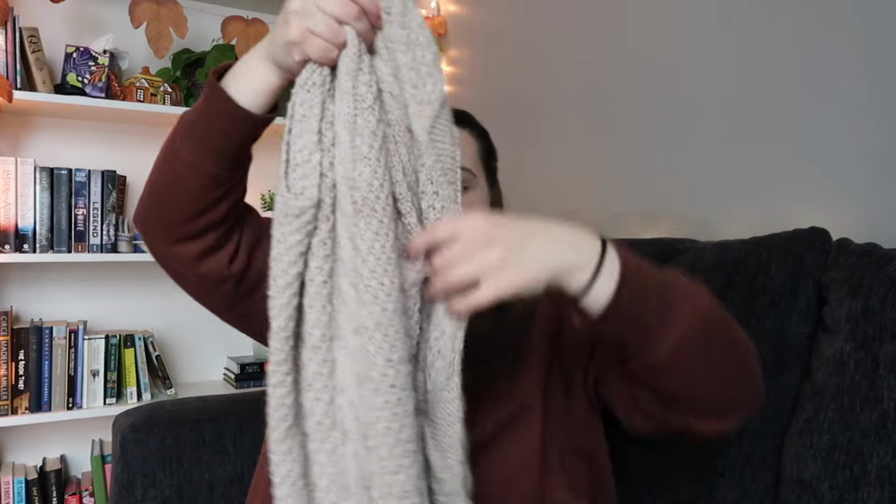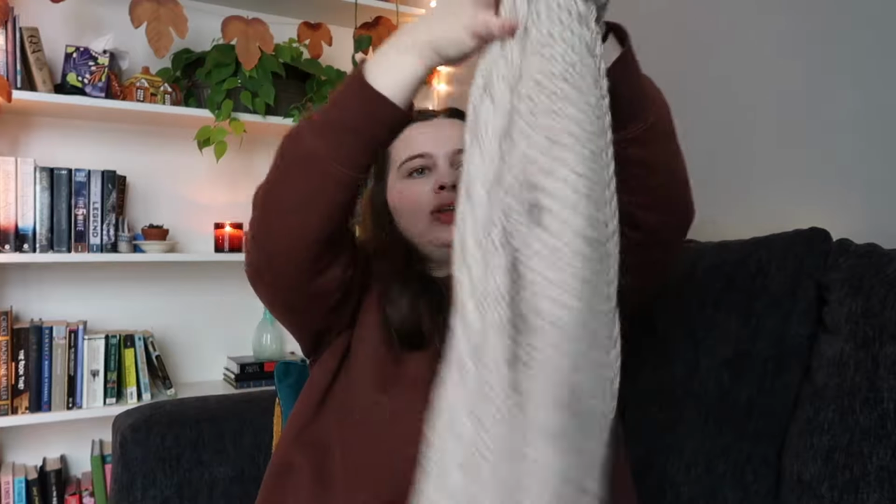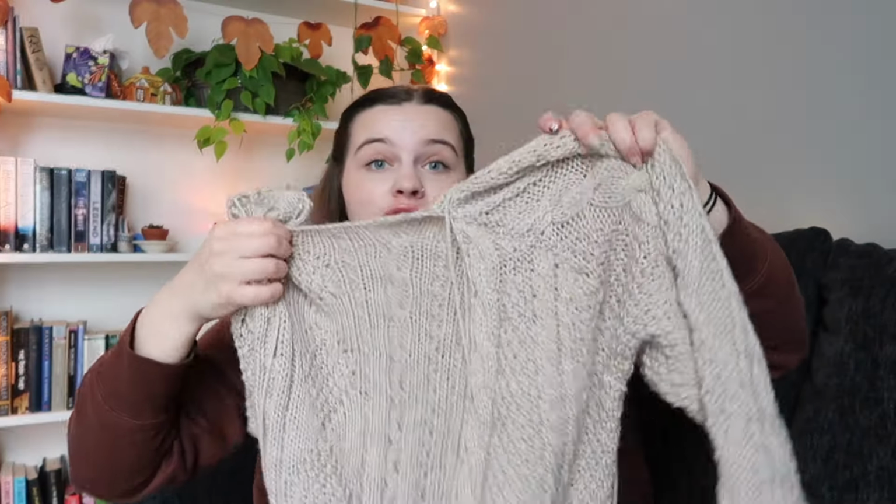So I have done most of the seaming. I am almost done. I did the side seams. This is gonna be so hard to show. Here's the back panel, and I sewed up one sleeve, and then I was able to sew it into the cardigan, which is fun. This cardigan was really interesting and new for me because with every other garment that I've